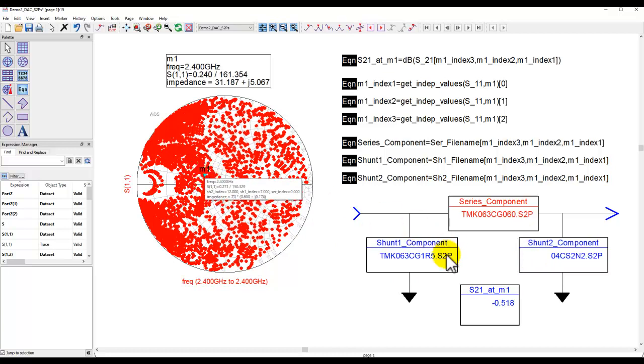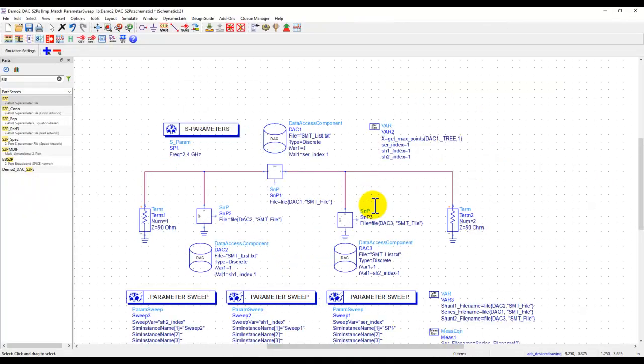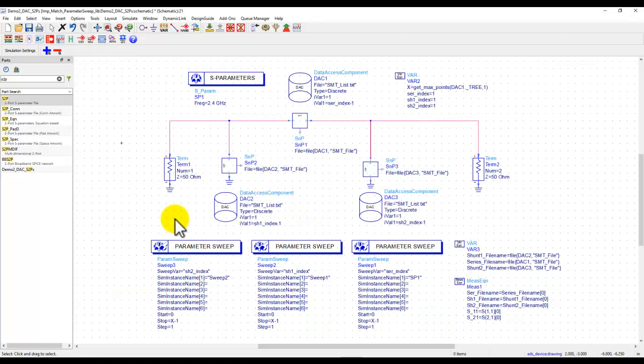At that location, using that combination of files, you also can look at S21, which is the loss of your matching network at the frequency of your simulation, which in my case is 2.4 gigahertz. Cool enough, right? So with no effort, basically you can just place a marker. If this is the impedance you need, you know which components need to be mounted where in your PCB, and that's it. No need for optimization, no need to break your head. All right. Hopefully this is cool enough for you to put it in practice and try it out on your